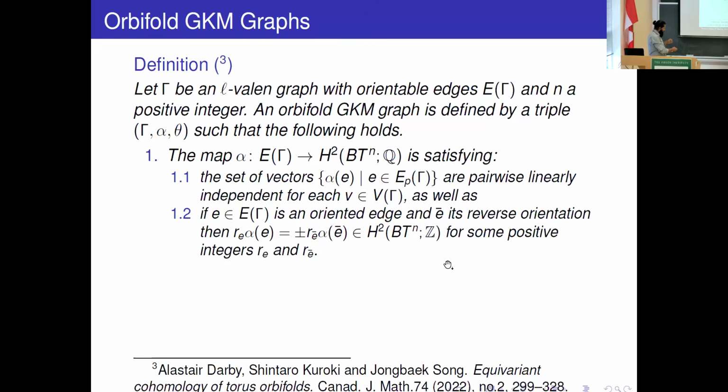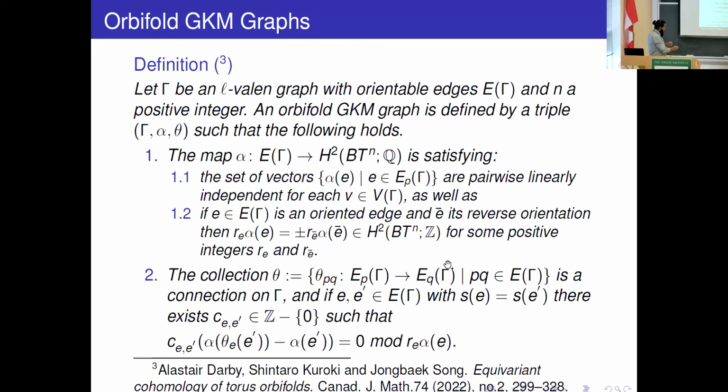Moreover, if we have this kind of thing, what it is saying is: if we have this vertex P connected by some edge to this vertex Q, here we have some collection of edges, and here we have some collection of edges. So we should have a map from here to here, which satisfies this condition. Here s(e) and t(e) denote the source and target, so it should satisfy this condition.